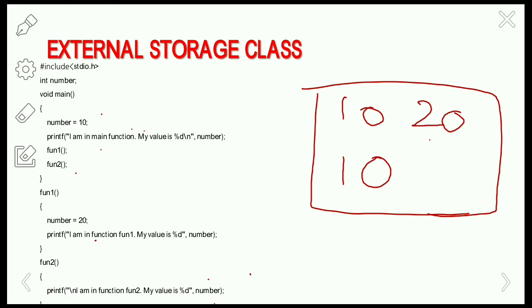So use the external storage class for only those variables that are being used by almost all the functions in the program. This would avoid unnecessary passing of these variables as arguments when making a function call. Declaring all the variables as external would amount to a lot of wastage of memory space, because these variables would remain active throughout the life of the program. So that's why use the external storage class whenever needed, because it is going to waste a lot of memory.